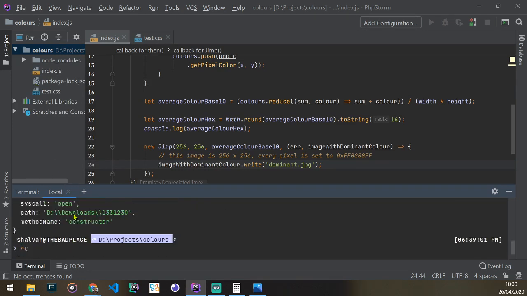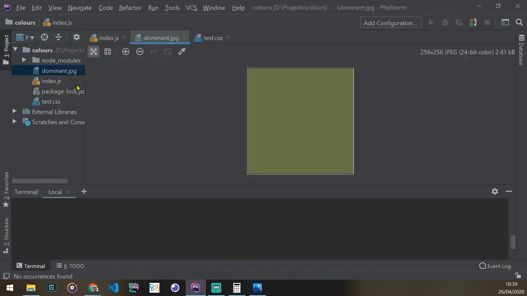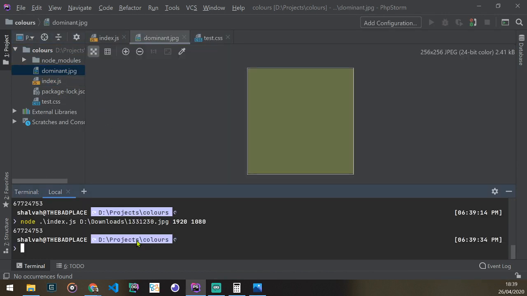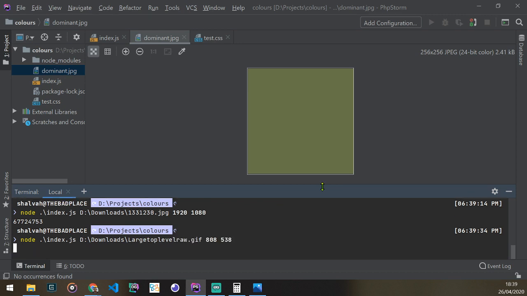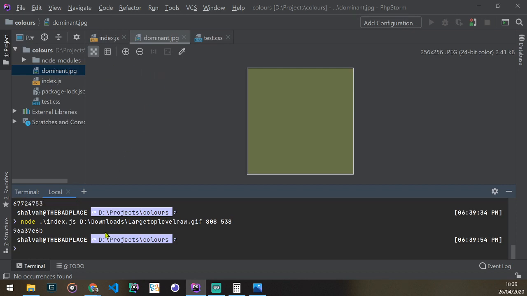Let's see, what value did we even get for the previous picture? Okay. Oh wow, interesting. We are getting the same color. Okay, is that expected? That's the value we got for the previous picture. Okay, so different pictures, but okay, this is